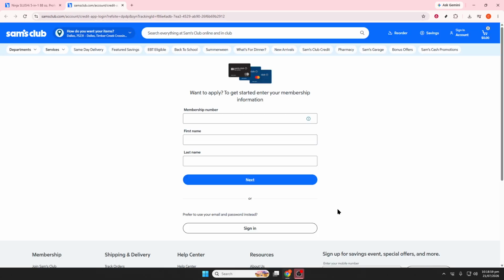Finally, save the receipt or PDF in a secure folder on your computer or device. Keeping it organized can be helpful for future reference, expense tracking, returns, reimbursements, or tax documentation. And that's it. That's how